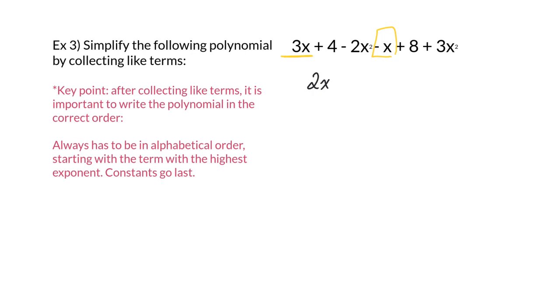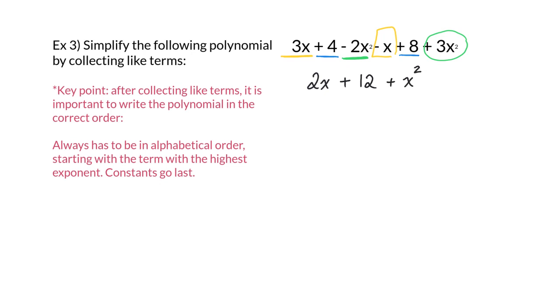Next, I'm looking for a term that is just a number, so a constant. I have a 4 here, and I have an 8 here. They're both positive. When I put them together, that's going to give me positive 12. Then my next term is an x squared term, so I'm looking for something else that has an x squared. There it is. So negative 2x squared plus 3x squared is going to give me a positive 1x squared, or